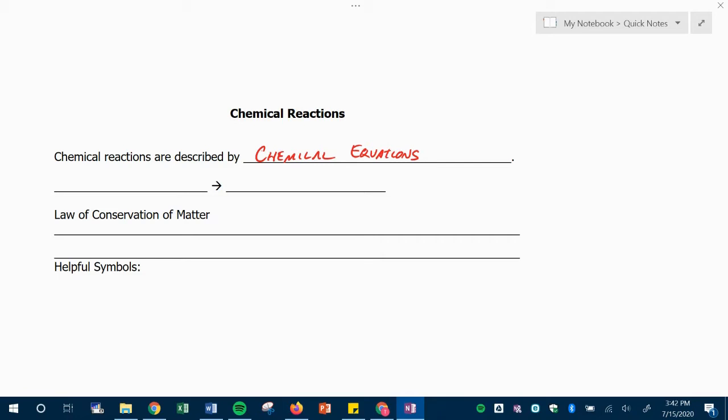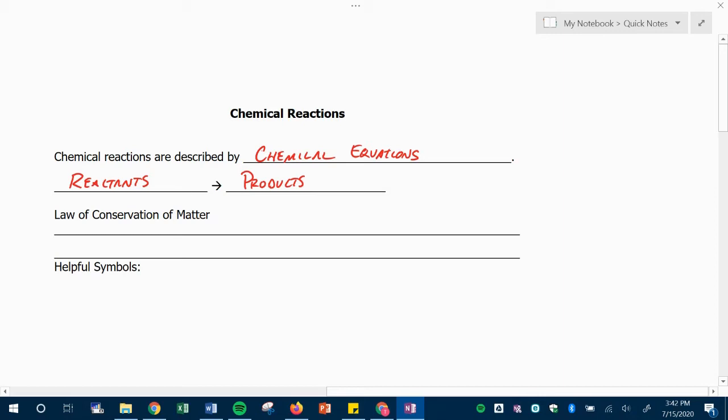Now, the standard format is to always write the reactants first, and then this arrow, and we'll talk about what that arrow means in a second, and then our products second. So it always reads from left to right, reactants going in, products coming out. The reactants, like I said, are the things that are going into the reaction. And then once the reaction takes place, it produces the products, which is what we get at the end of